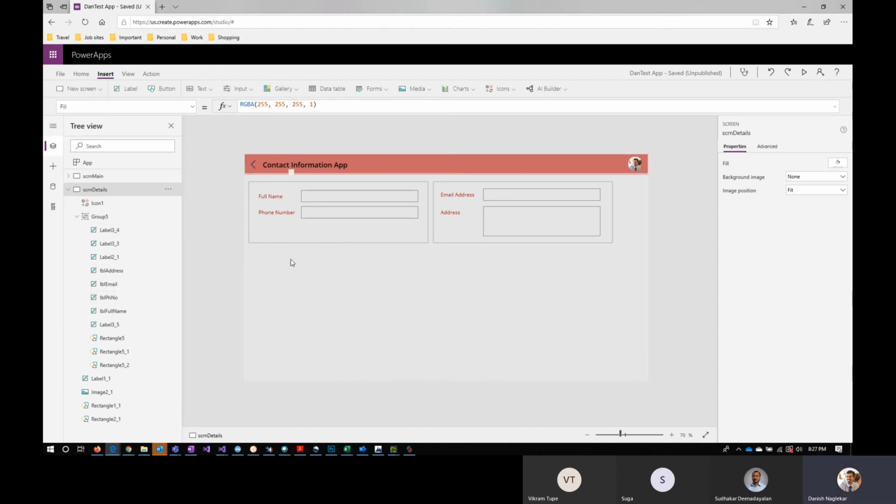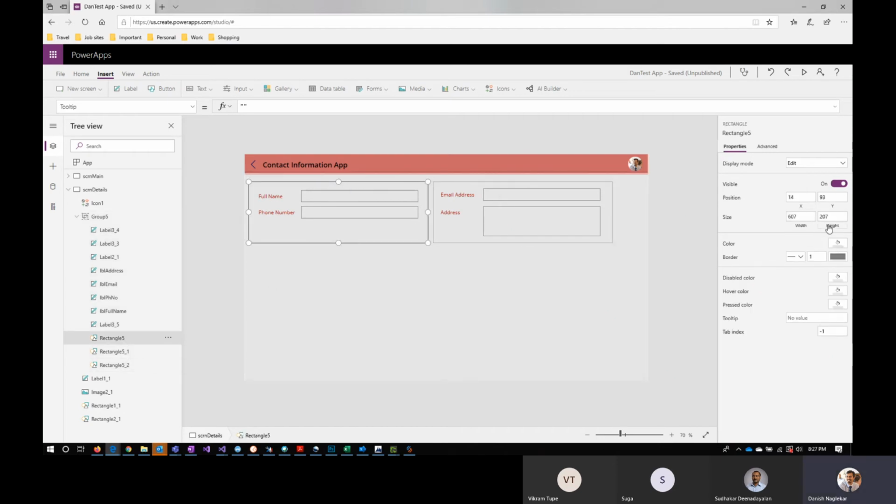So to do that, we would like to see how much is this rectangle. This rectangle is using the width of 600. Let's do 600. Yeah. And then this again should be 600. Okay. Now how much space do we want from here? Let's say we want 5 pixels from here and 5 pixels from here. So 600 plus 5 here and 5 there means 610, right? So if the width of this main rectangle is less than 610, then I have to change the X of